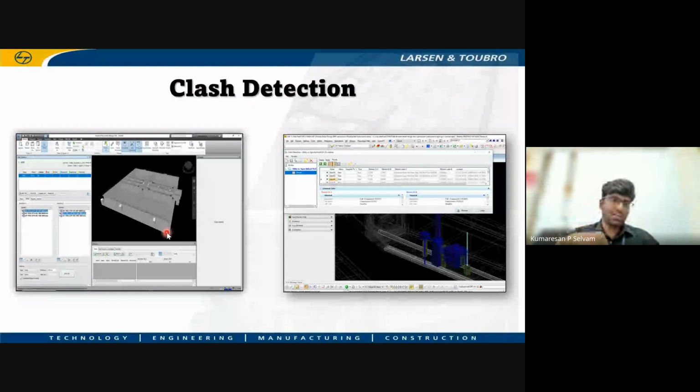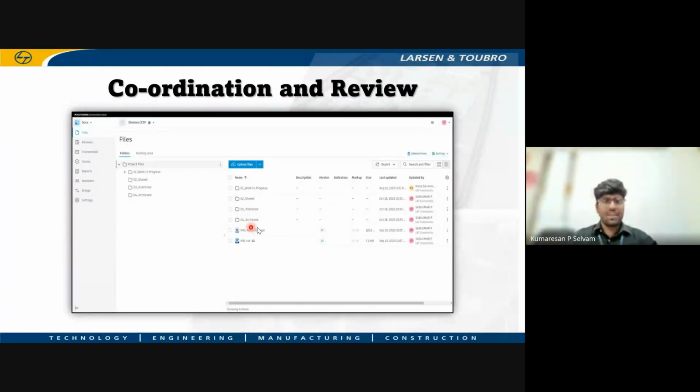You have to dig out and lay again. This is a redundancy of activity, and this also has to be identified in clash detection. Once the drawing is completed by the mechanical team, they will send it to the civil team, and they will work in the same file, but all the files will be located in a cloud service, so that whenever there is an update by the civil or electrical team, it will be indicated to the mechanical team. Everything will be integrated in the cloud, so that there is proper coordination between different teams for review and all the activities.